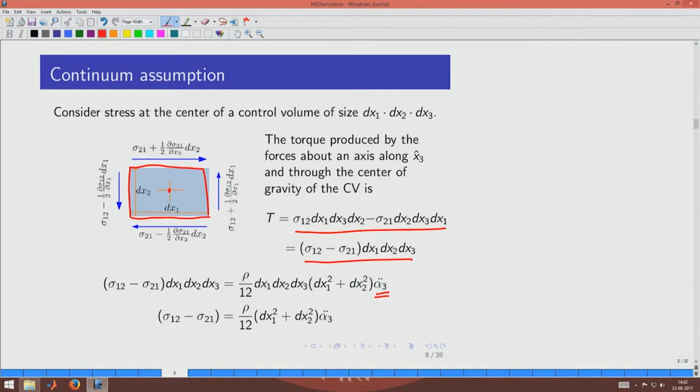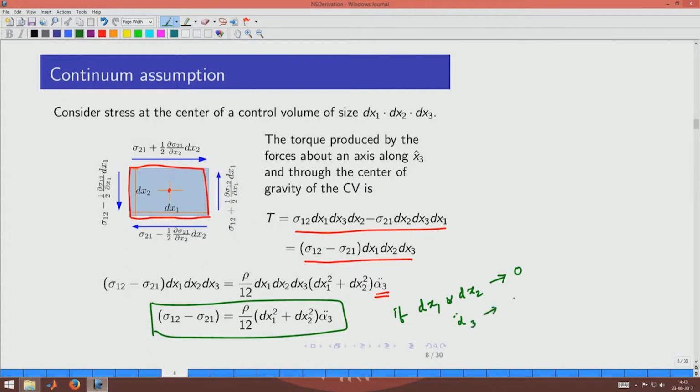Okay, and you could look up one of these strength of materials books to write this for a rigid body and blindly apply it for a control volume, though it is not a rigid body, but then inspect what happens if you did that. If you did that, what happens is that when you cancel these 3 volume elements, you see that you have a problem here. What happens is that if you choose a smaller and smaller control volume, if dx1 and dx2 tend to 0, and if the sigma 1 2 minus sigma 2 1 is finite, then this will tend to infinity. Okay. So, now that is a problem,